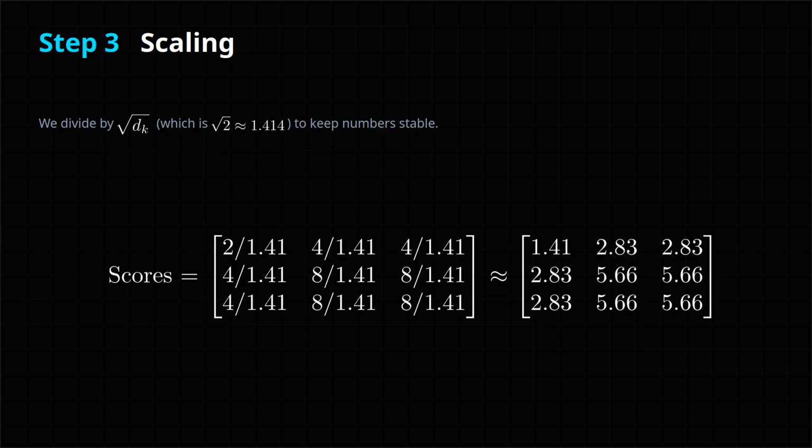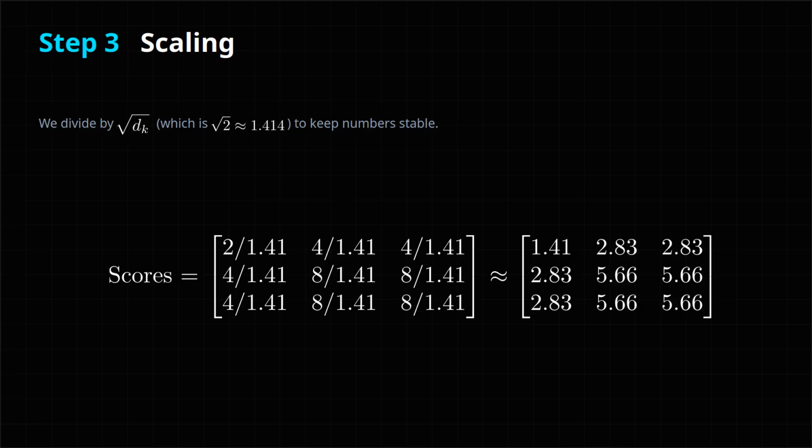For longer sentences, these dot product scores can become quite large. Large numbers going into the softmax step can make the model unstable and too certain about a single choice. To avoid that, we scale the scores down. We divide every score by the square root of the head dimension. Our head dimension is 2, so we divide each score by about 1.41. After this division, the numbers are still in the same pattern, but they are smaller and more manageable. This simple scaling trick keeps training stable and makes the attention mechanism behave nicely, especially when the model has many